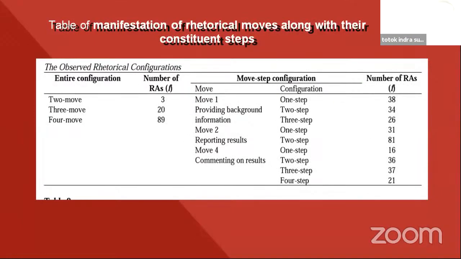This is this one, the conclusion. This one is the table. On the left, 2 move research, only 3 articles, and then 3 move finding and discussion, only 20 articles, and then the research that uses a total of 4 moves, 89 articles. So I think the biggest one is ideal for Indonesian undergraduate students, that they have already used 4 moves